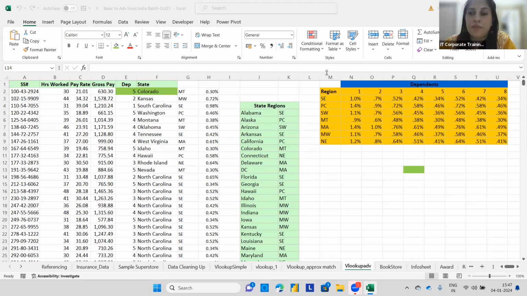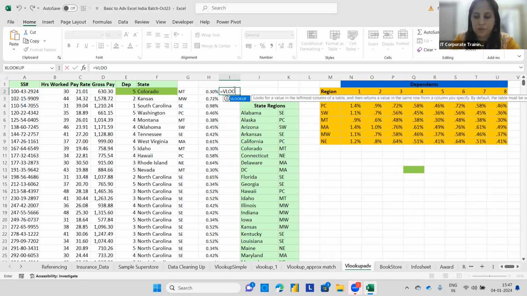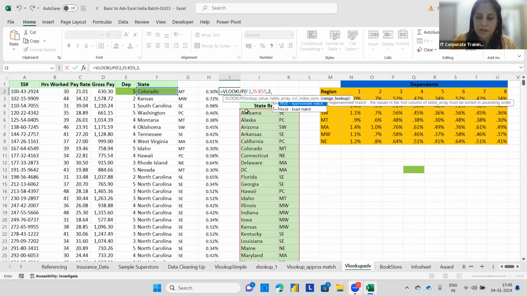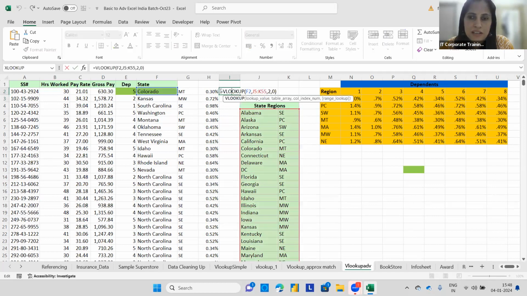Okay, I'm writing in one formula now. First of all, what I did, I wrote a VLOOKUP where my lookup value was my state. I went to search out the state in this data. My column index was 2 and my range lookup was 0. Instead of going to another cell, before it, I'll add one more VLOOKUP,